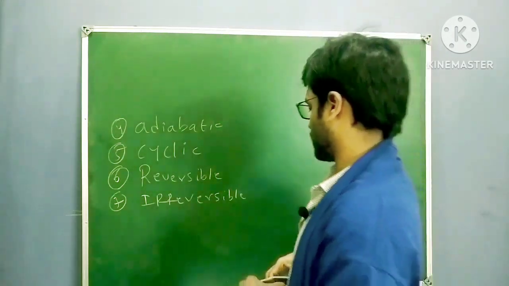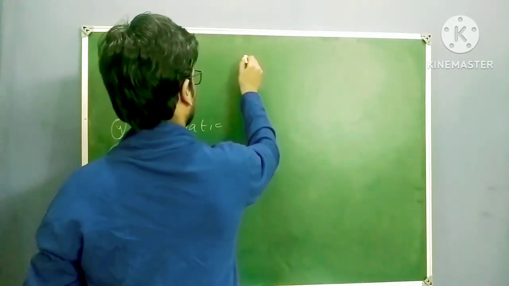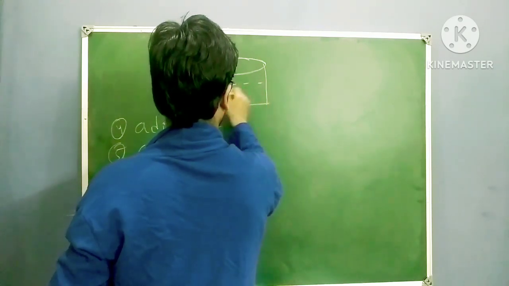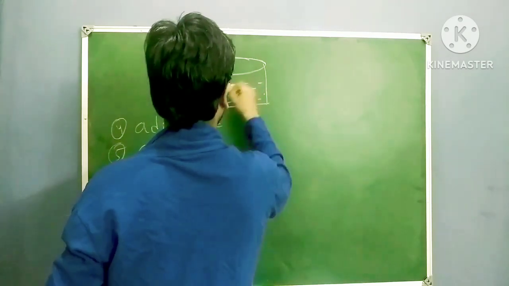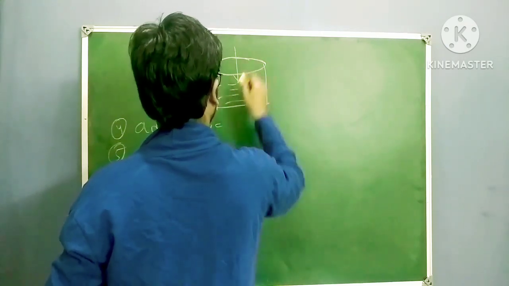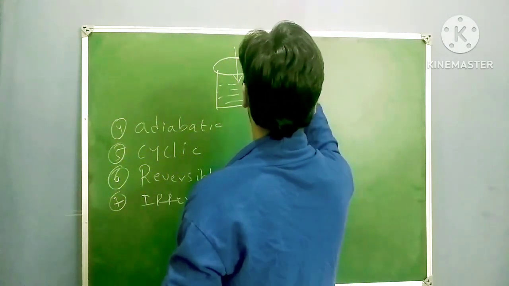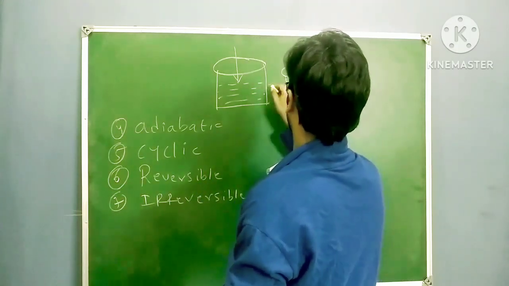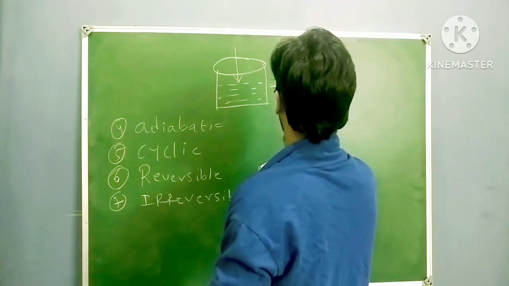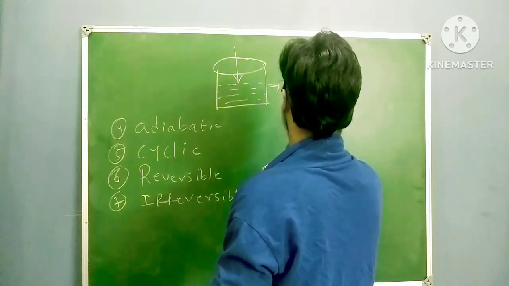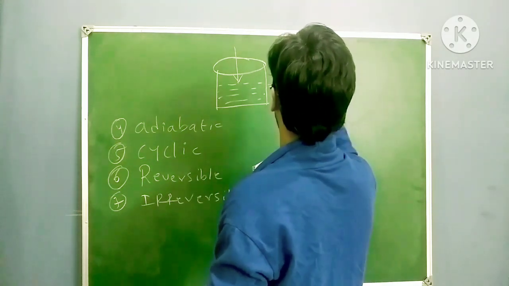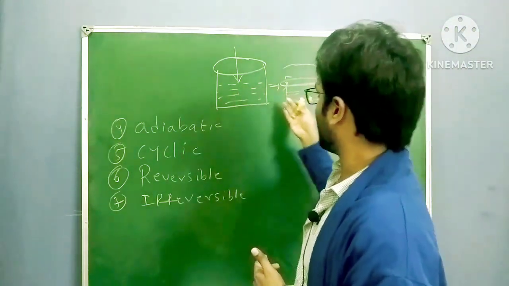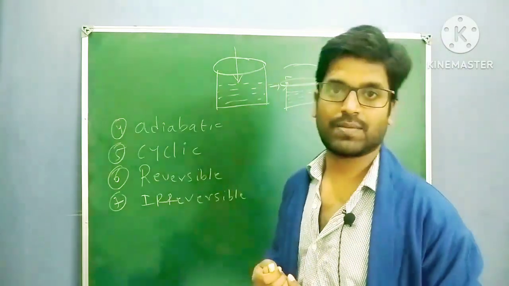what is the adiabatic process and what is the cyclic process, look, again I am taking this container, so here is the gas. Now I am applying some pressure, that means I am applying some operation. Now my gas is like this. Because of compression, now my gas is at this level. So after applying some operation, during this process,